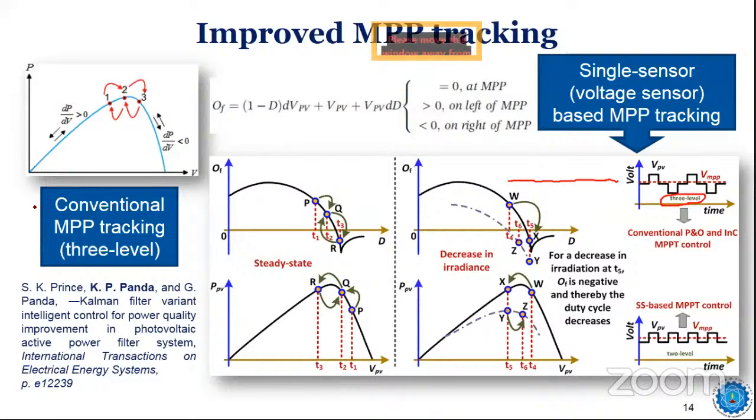So the P&O algorithm, a conventional maximum power point tracking technique, or the incremental conductance technique, are all based on this 3-level tracking. So what is the problem with this 3-level tracking? Why are people still doing research on it? People use the P&O algorithm and the incremental conductance algorithm for different applications, as the most widely employed types of algorithm, but still, what is the problem? The 3-level oscillation: if you calculate the power loss, it is somewhat higher than